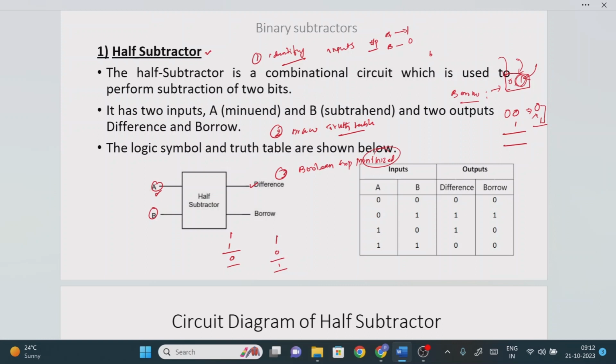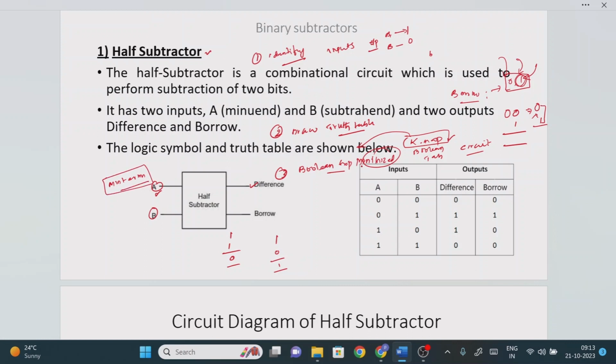For that, we can use either the K-map method, Boolean algebra method, or tabulation method, right? K-map is the easiest method compared to the other two. So I am going to perform the K-map. By using the K-map, I am going to find out the logic expression. From that logic expression, finally we are going to draw the logic circuit diagram. This is the idea. But in K-map, if you want to find the minimized logic expression, we require the minterm values, right? So now we are going to find out the minterm representation.